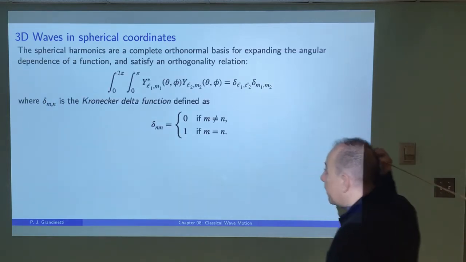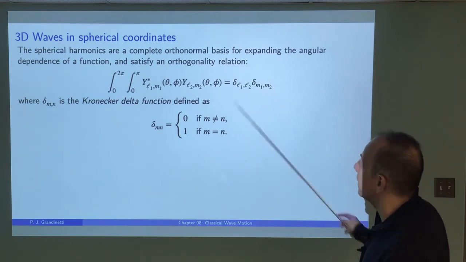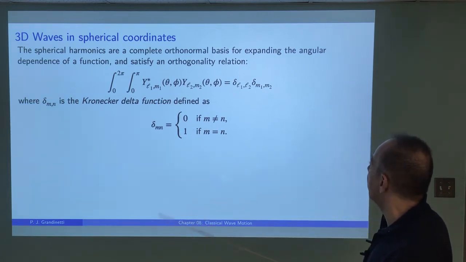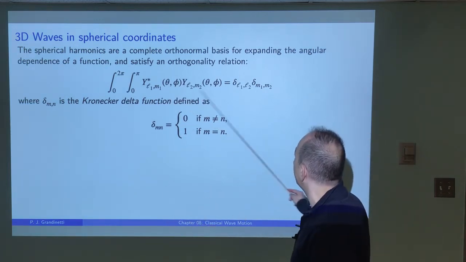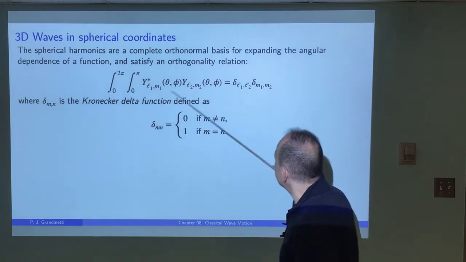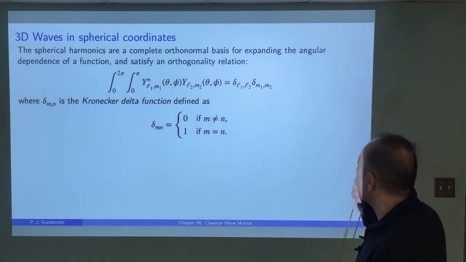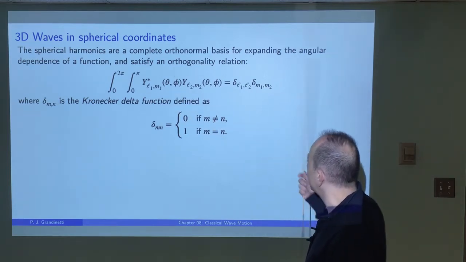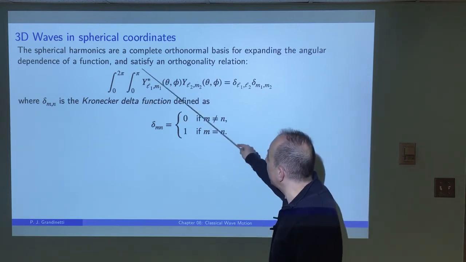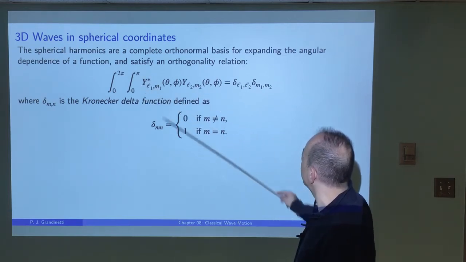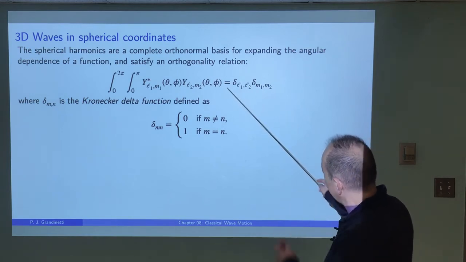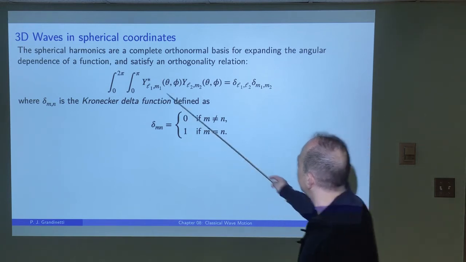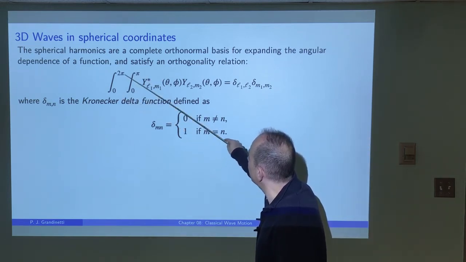Now, one of the properties of spherical harmonics that makes them nice, which I mentioned earlier, is that they were normalized. There were those extra terms in front of the theta and phi parts that we derived earlier. These functions satisfy what's called an orthogonality relationship. So if you take the product of two spherical harmonics and integrate from 0 to pi for the theta dependence, it looks like I'm missing my d theta, d phi here. Sorry about that. If you integrate from 0 to pi and then from 0 to 2 pi,